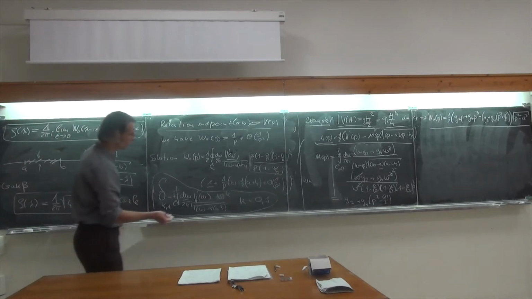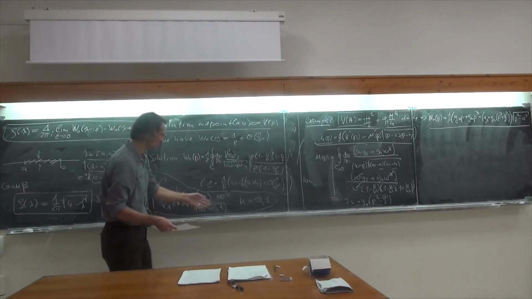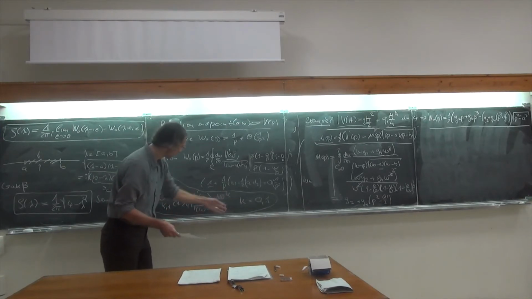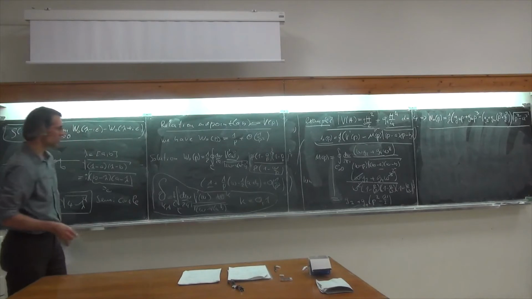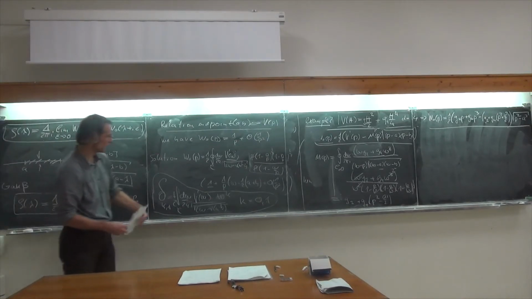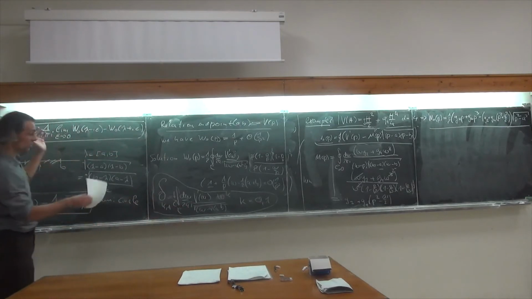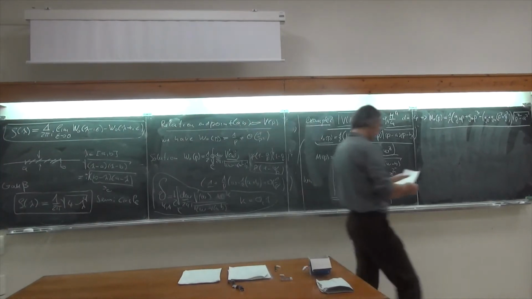If you do this, I'm not doing this calculation because I've seen it many times. You plug in the potential, you expand everything. This you can deform to infinity, because once you have expanded it, there's no pole at P anymore, so this contour can be pulled to infinity. Then you expand this at infinity, you do a residue calculation,